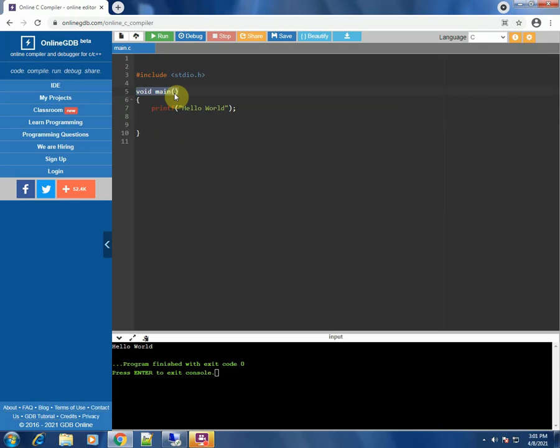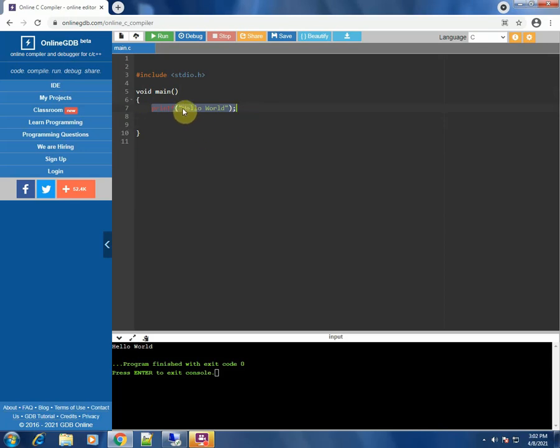Okay, so if you write void main, you don't have to write return 0. Hence I have removed that return 0 from the main function since it is not required. Now let's do some changes in this particular printf statement. This is a printf statement which you can see over here.